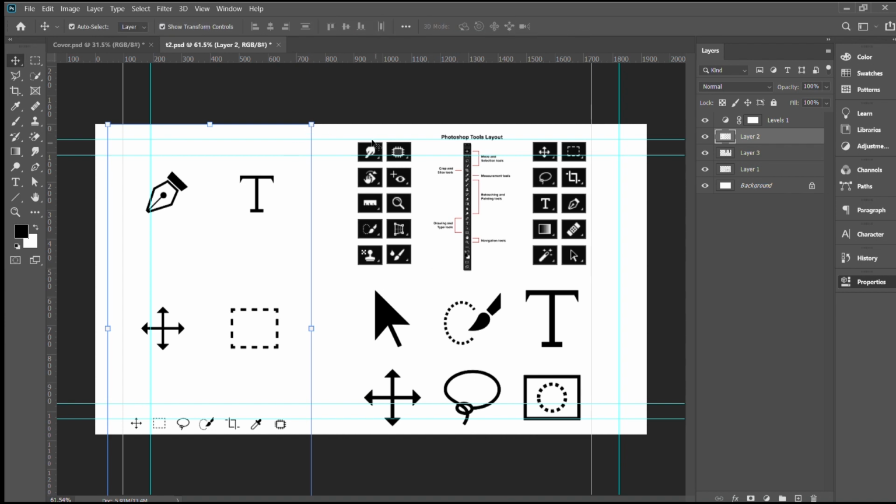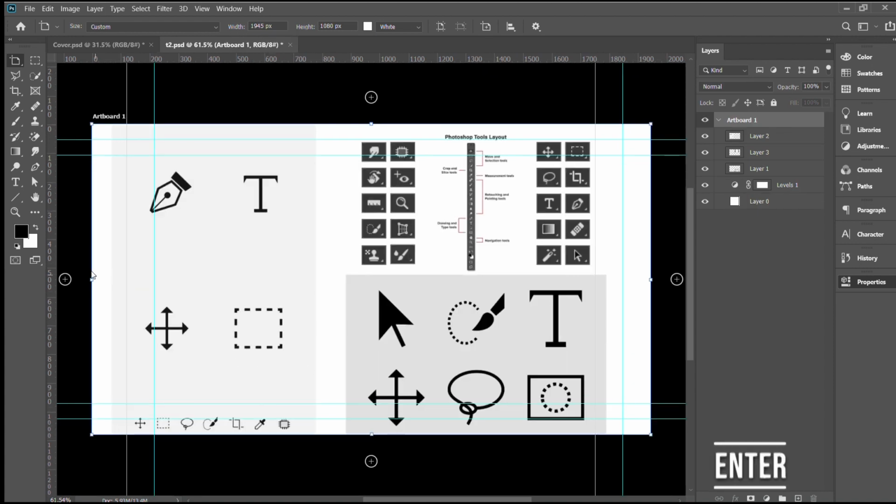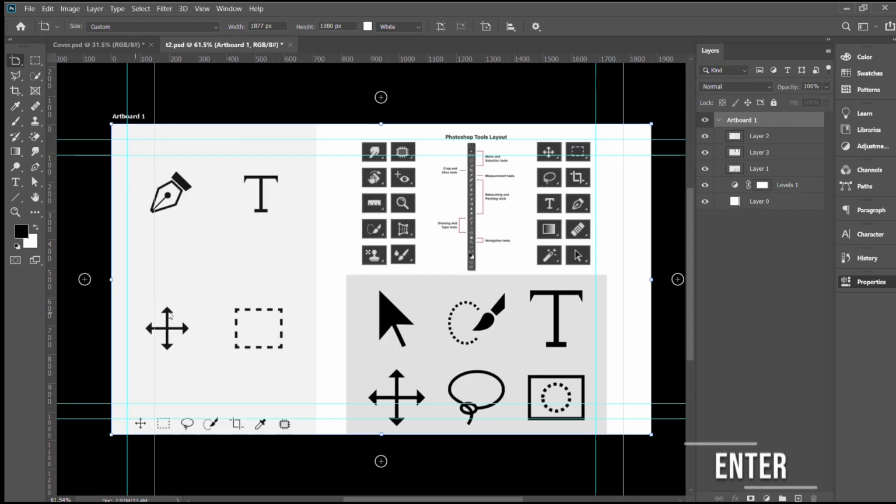Also, you may notice that on clicking at the edge of the selection, this option appears. This means to transform a layer. I'll discuss more about transform in another video. To remove this, just click on the tick button or press the smaller Enter key from the keyboard. In Photoshop, both Enter keys work differently.